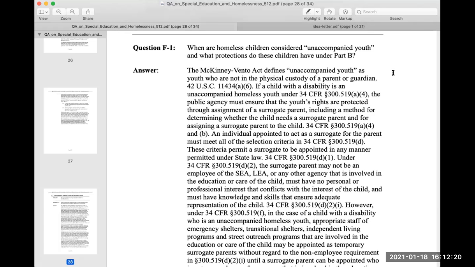1. Conducts an evaluation pursuant to paragraphs 300.304 through 300.306, if determined to be necessary by the new public agency, and 2. Develops, adopts, and implements a new IEP, if appropriate, that meets the applicable requirements in paragraphs 300.320 through 300.324. Additionally, under 34 CFR paragraph